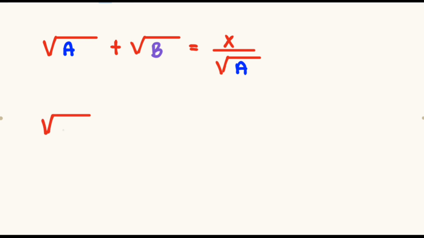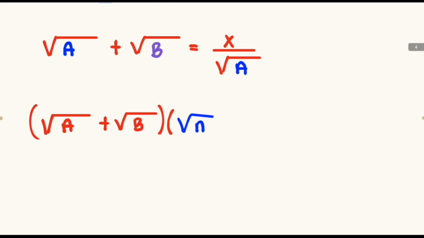So we have the square root of a plus the square root of b, and we are multiplying this by the square root of a minus the square root of b. And what we do on the left, we also do on the right. So even on the right hand side, we multiply by the conjugate of the term on the left hand side,